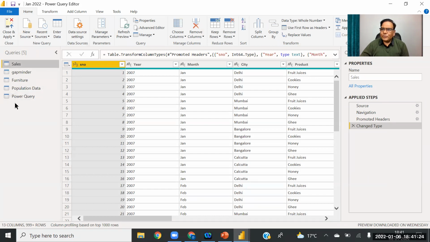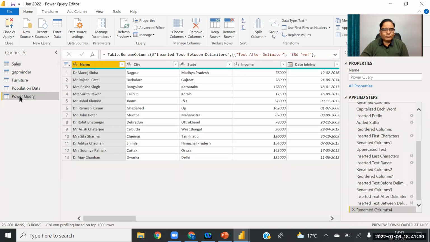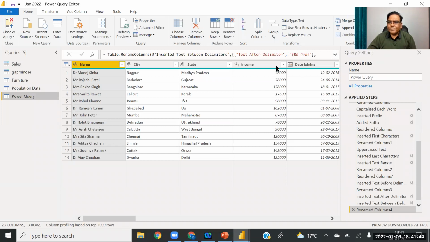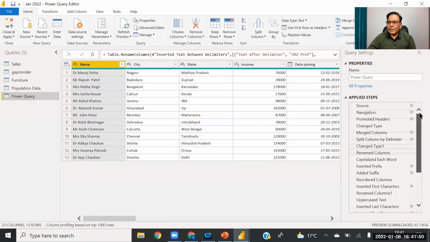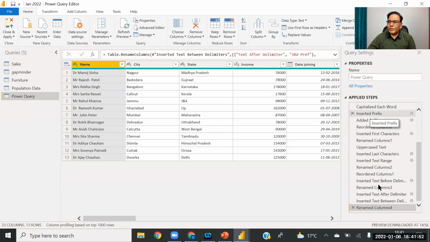These are the data sets which you have in Power BI, and I want to apply the functions on the Power Query data set. If you click on the Power Query data set, you can see all the variables here. And these are the previous functions you applied. The software keeps a record of all the changes you applied.